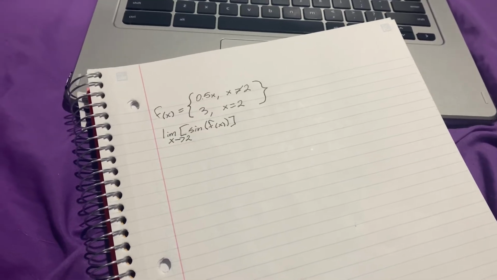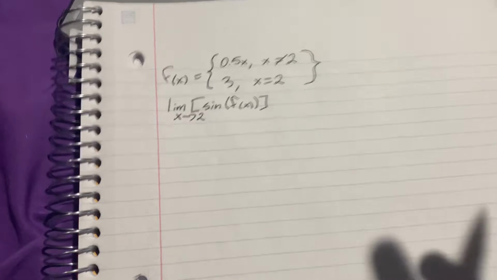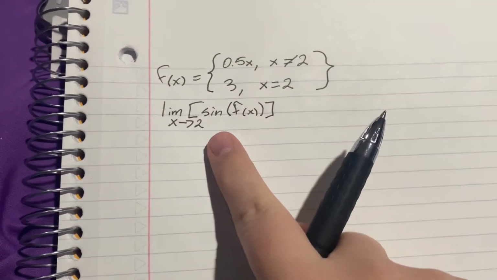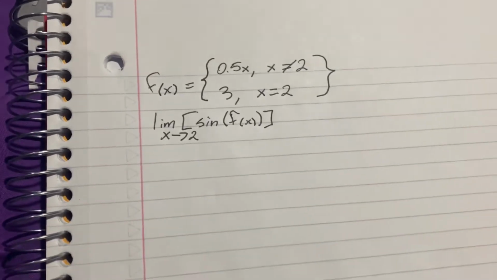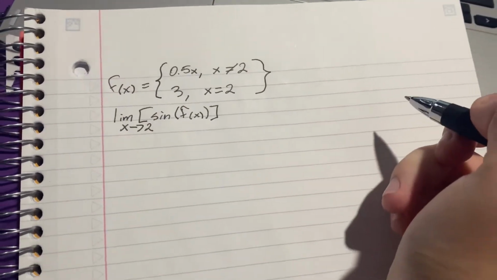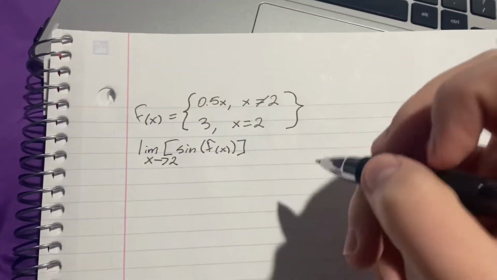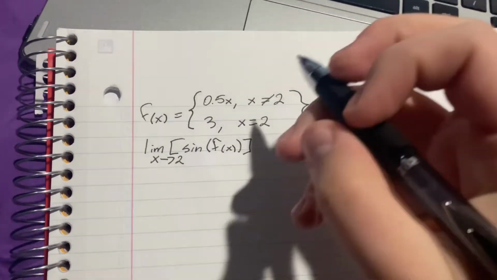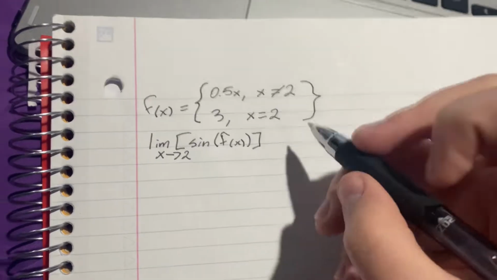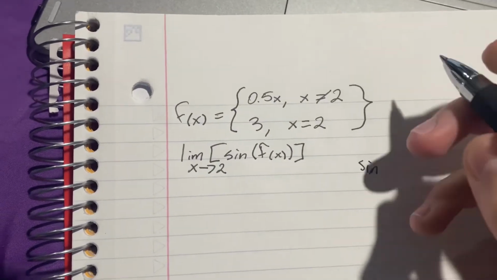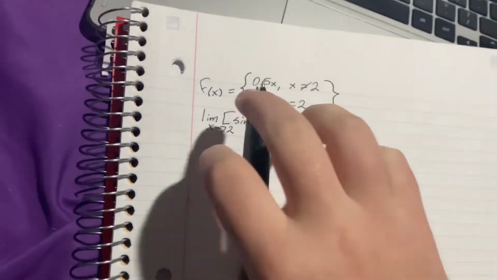The first question says, let f be the function defined by, and then this here. So we're trying to find out if there is a limit there. So the first step is we're going to have to plug in 2 for both of these two equations right here and here. So to begin with, we're going to plug the 2 in for f of x. So sine of 2 is equal to